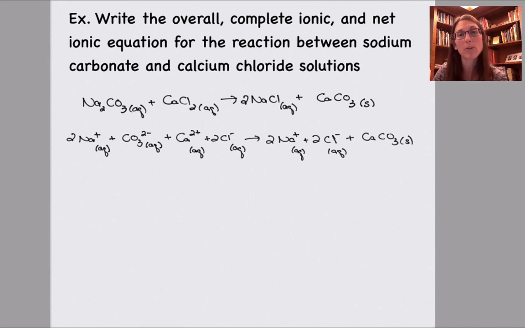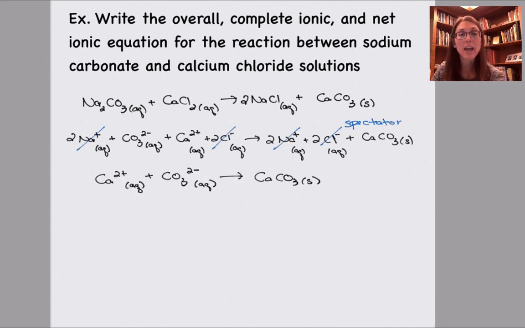So things that are on both the left and the right side are spectator ions and will not be included in the final equation. And as I look here, you'll notice I just rearranged the order of the ions. It doesn't matter what order they're in. They're all just in the beaker. And I have my ions that are reacting to form the precipitate.